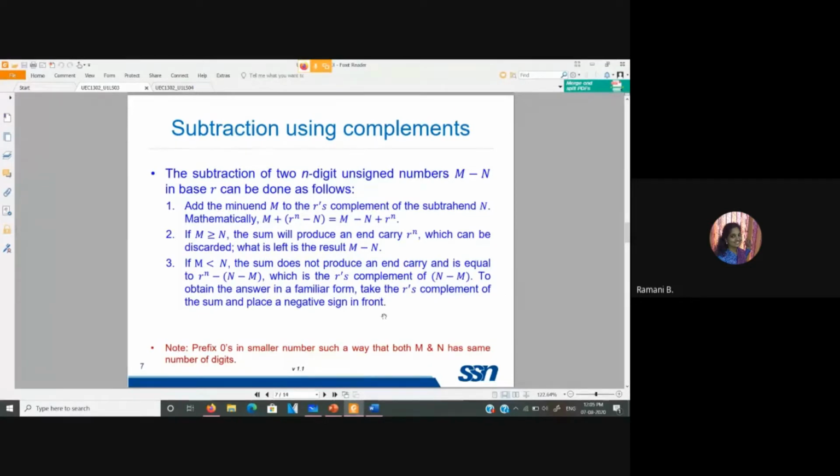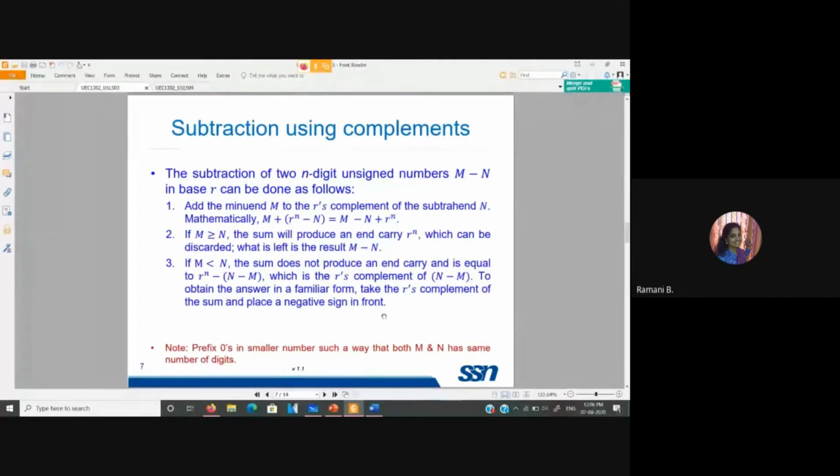If you are going to perform m minus n using r's complement, or to be specific, let us consider tens complement, you have to take the tens complement of n and add it with m.